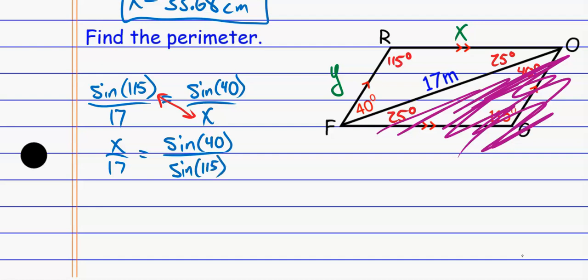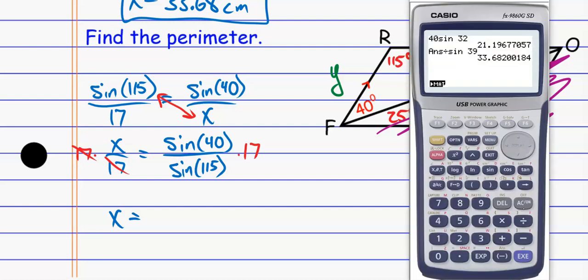So if we switch them here, now to solve this, I just have to multiply each side by 17, and that'll cancel, and I'll just be left with x. So again, it's pretty similar. It's pretty much the same number of steps. There's not really any advantage to using that rule this time, but either way, it's going to give us the same answer. And so this one, I would do the sine of 40